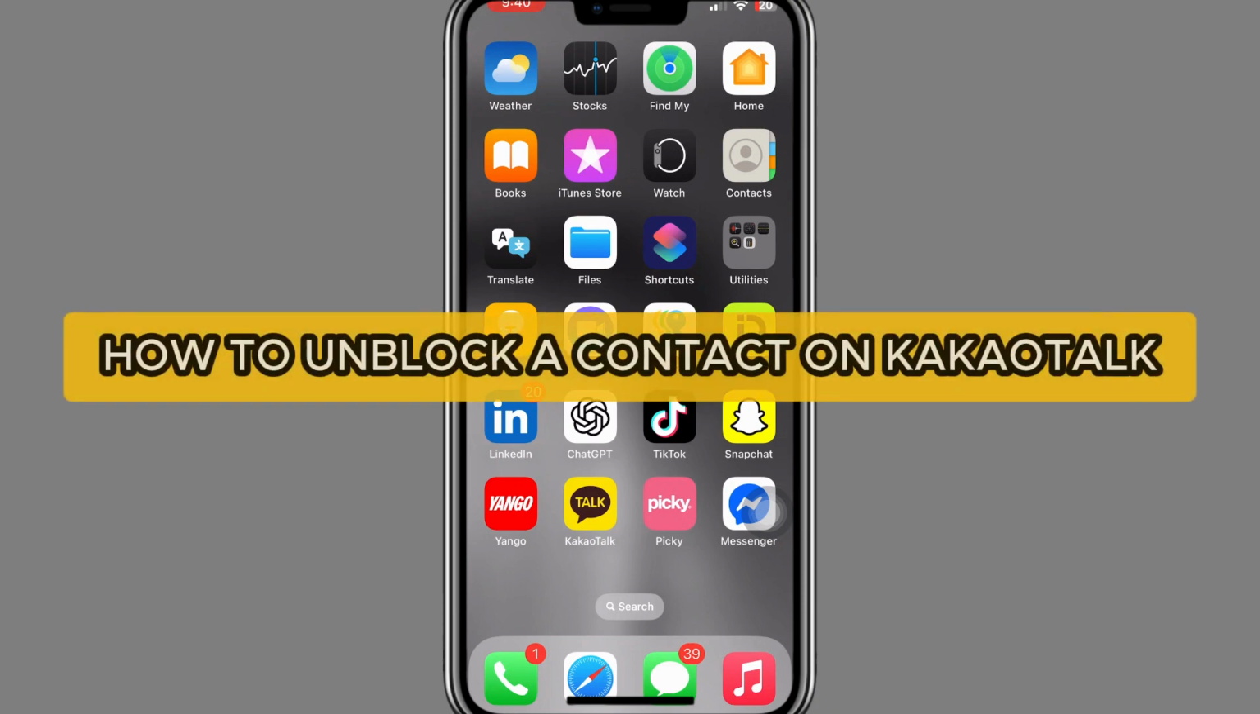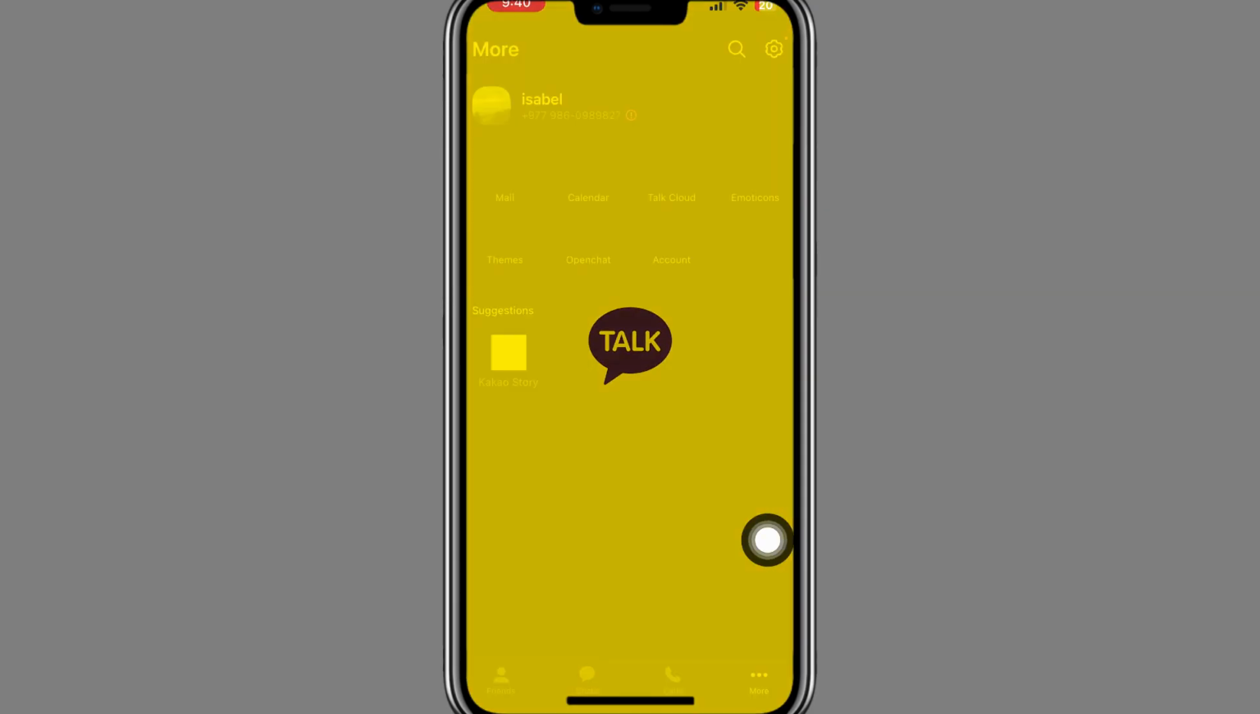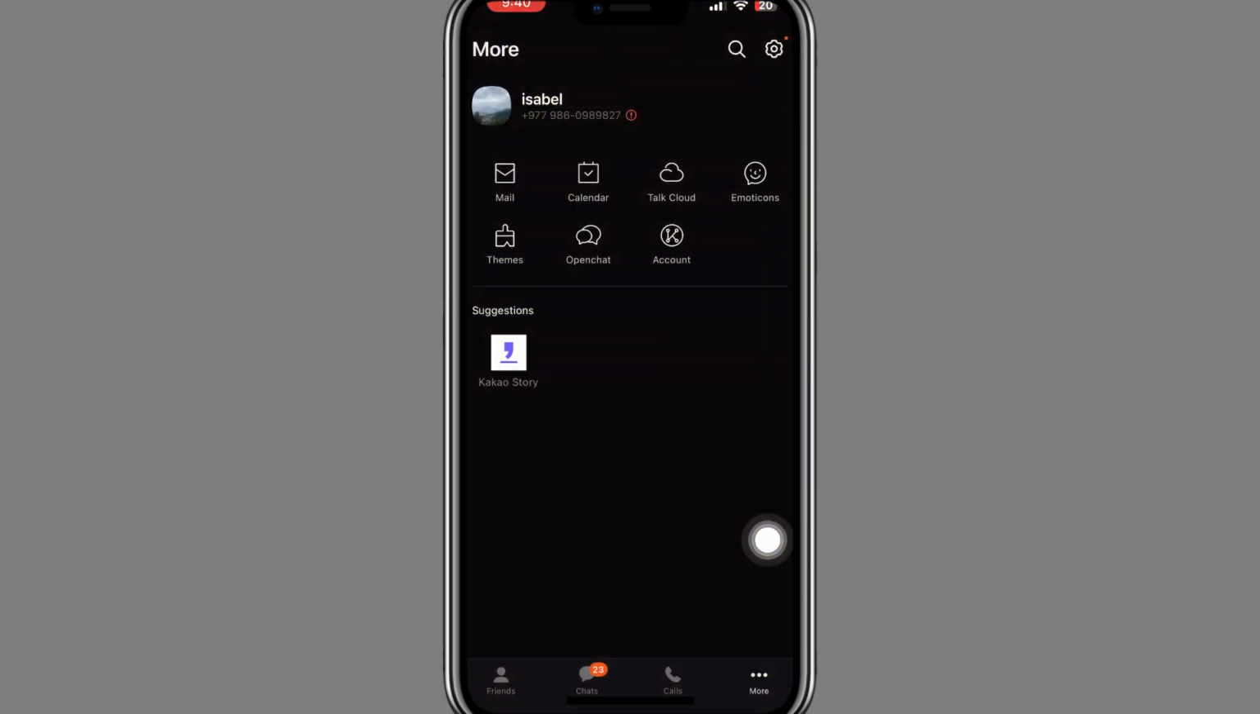How to unblock a contact on Kakaotalk. In today's guide, I'll be showing you how you can unblock their contact on Kakaotalk. Let's get started. First, open Kakaotalk application on the device. Now, in order to unblock them, all you have to do is tap on the settings icon at the top